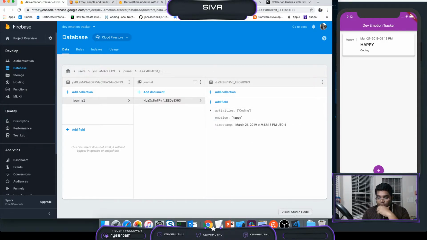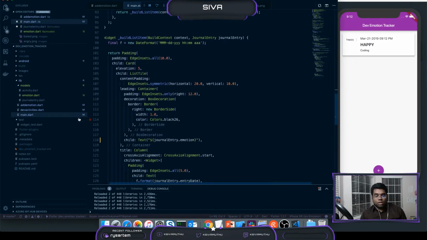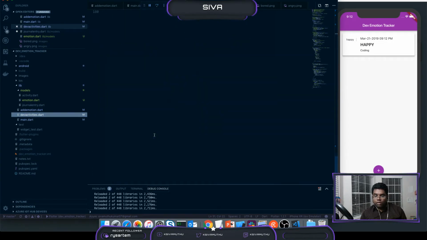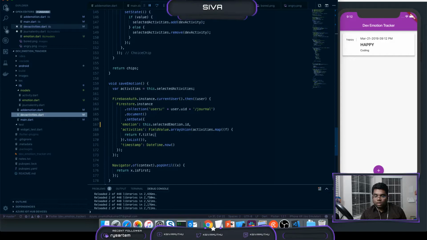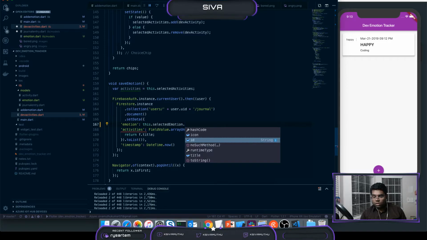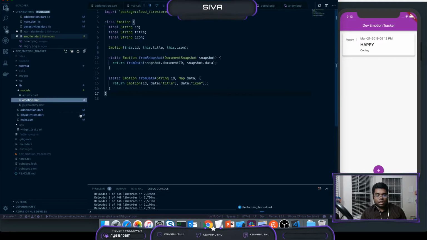So instead of the happy, I need to change this to also be a map. So if you go to the dev activities dot, wherever we are storing this emotion dot id, I think it's supposed to be the map. So I'm going to have a selected emotion. How to change this to a map? In the emotion here,